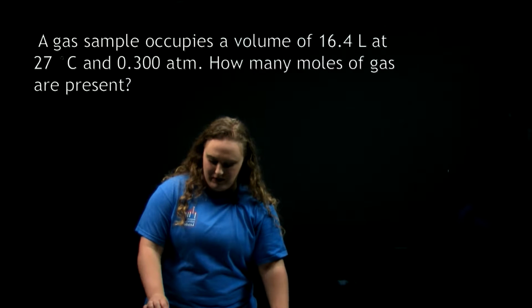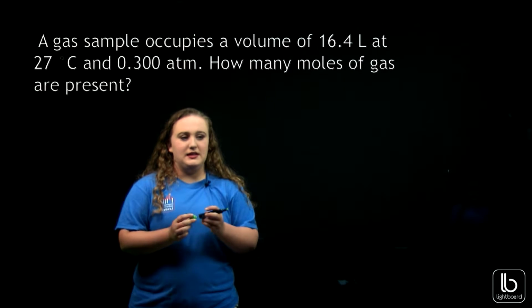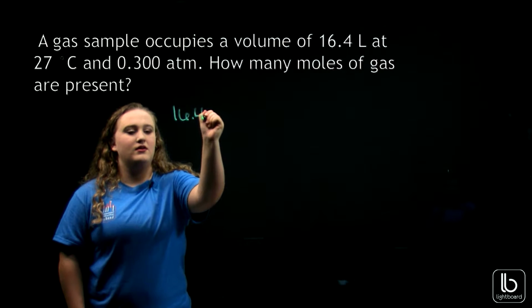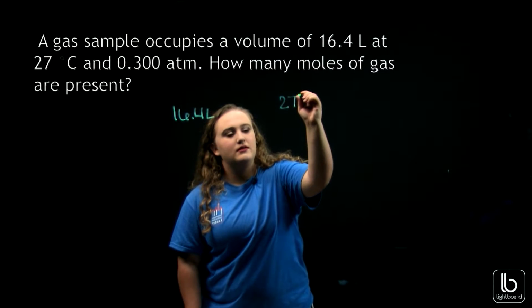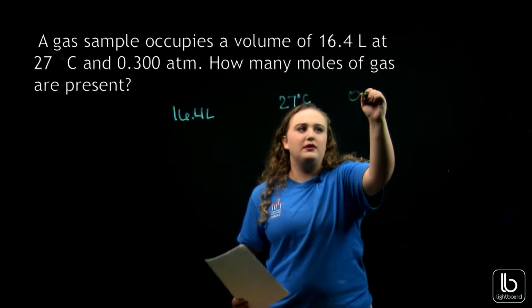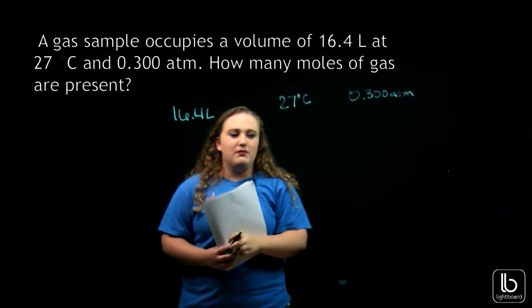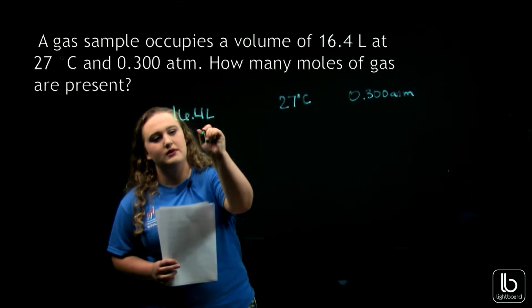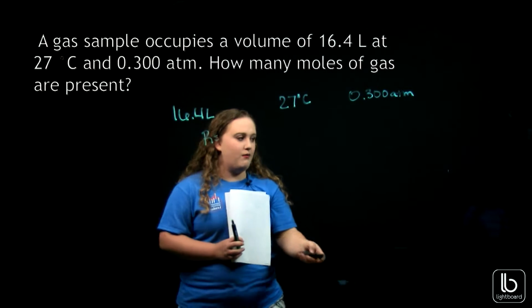So let's do a practice problem. This says that a gas sample occurs at a volume of 16.4 liters, I'm going to jot that down, at 27 degrees Celsius and 0.300 atmosphere. So something important that we're going to need to know is what R value are we going to use. So our units are liters and atmospheres, so I'm going to hop back really quick